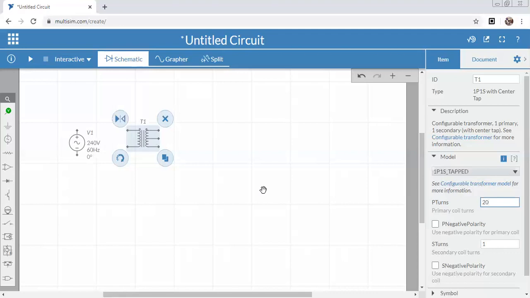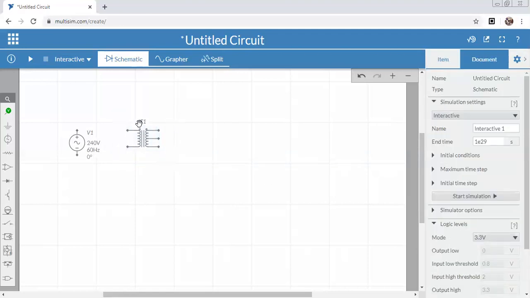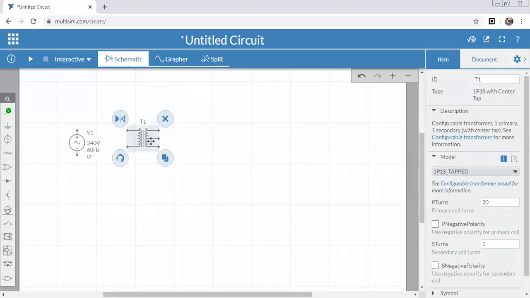If I'm giving 10, then 240 divided by 10, I am supposed to get 24 volt AC as an output of the transformer. So I am giving 20 windings at the primary side and 1 turn at the secondary side. So 240 divided by 20, you are supposed to get 12 volt at the output of the transformer.